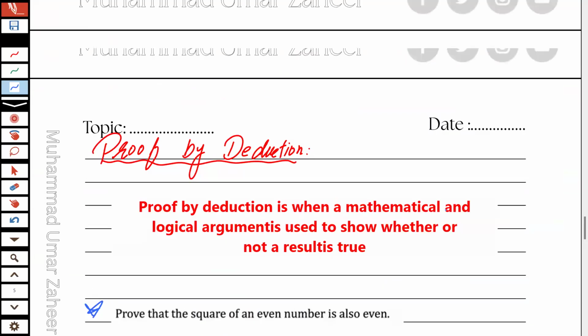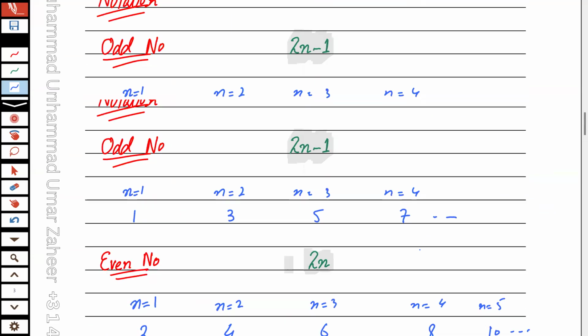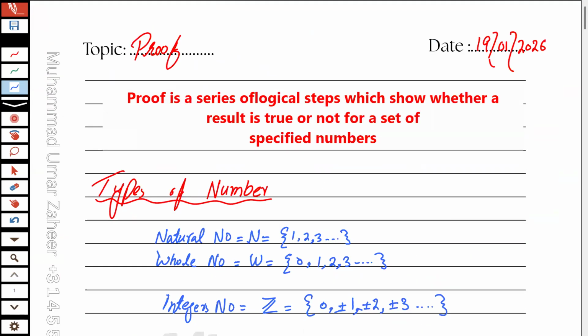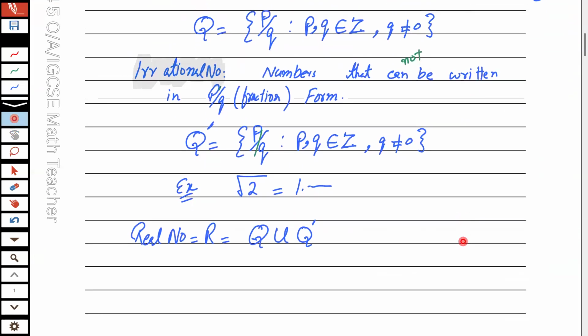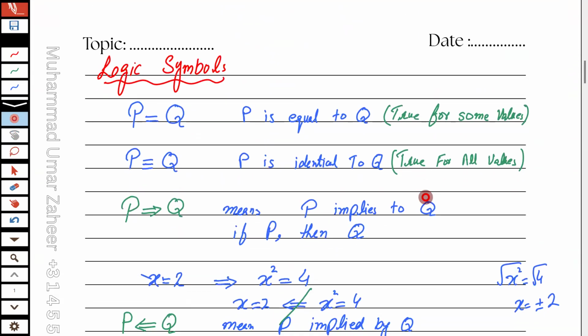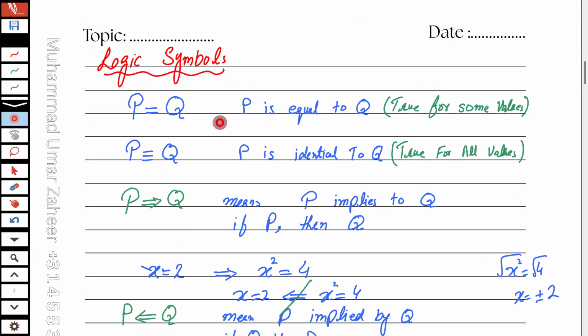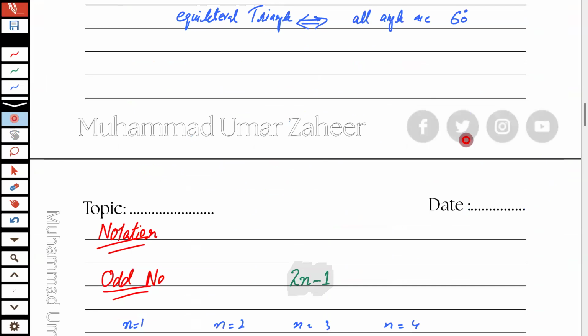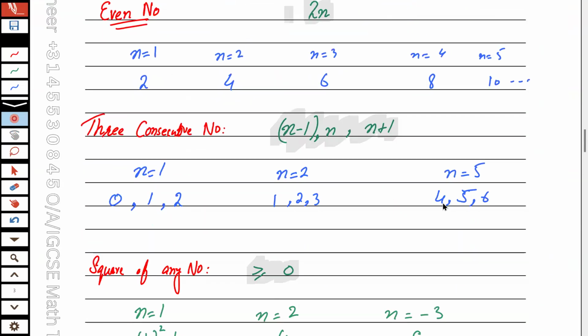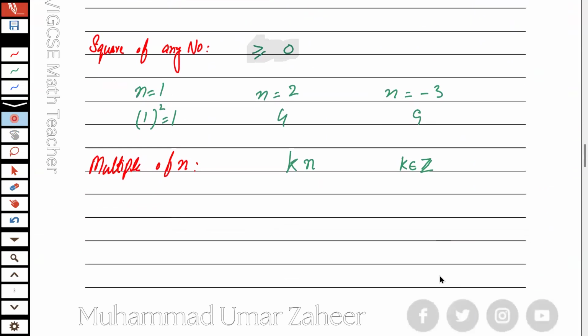I am going to send you the worksheets, but you just have to revise them. We will do the next two things in the next class, inshallah. Before the next class, you should know some very basic things about rational numbers, irrational numbers, positive integers, negative integers, these logics, and especially these notations: odd numbers, even numbers, consecutive numbers, sum of any square, multiple of n. We are going to be using